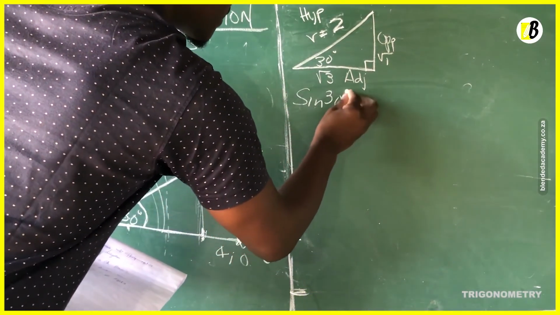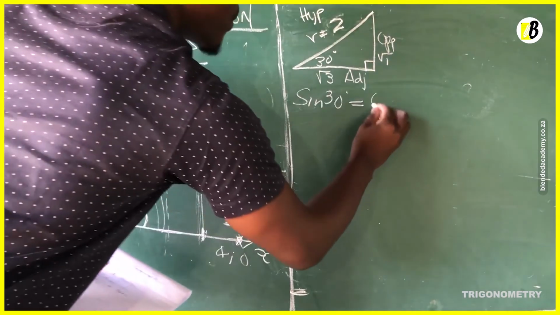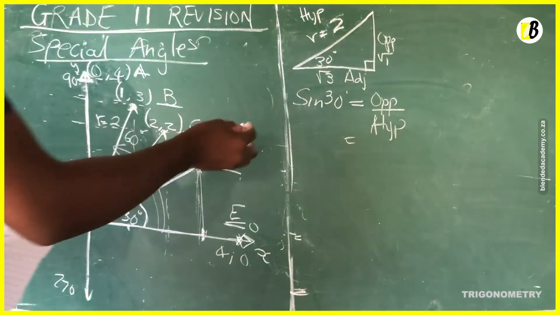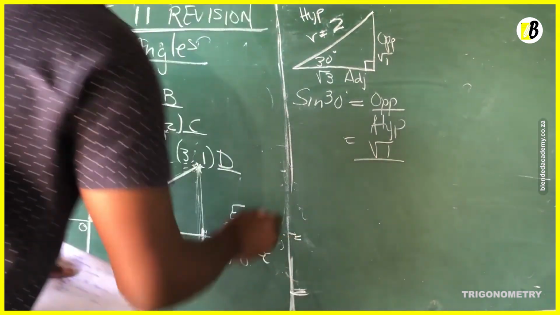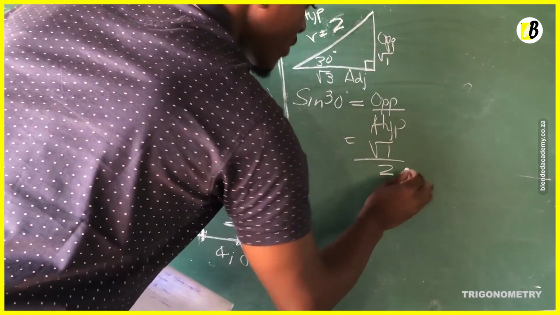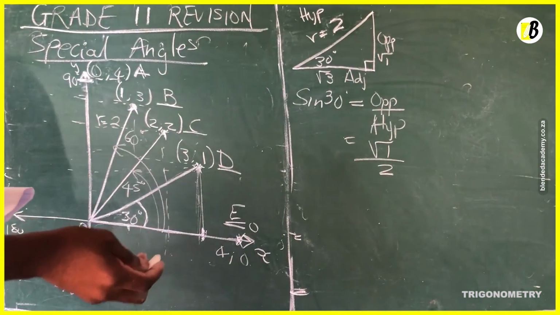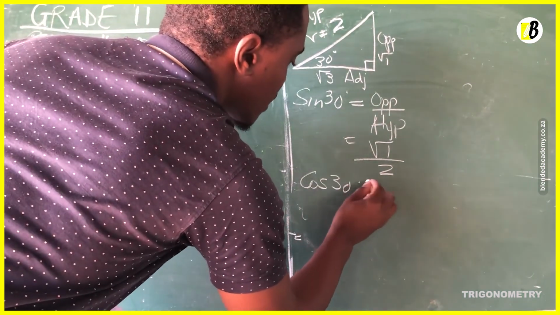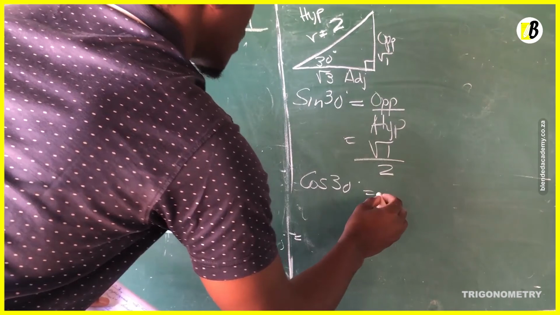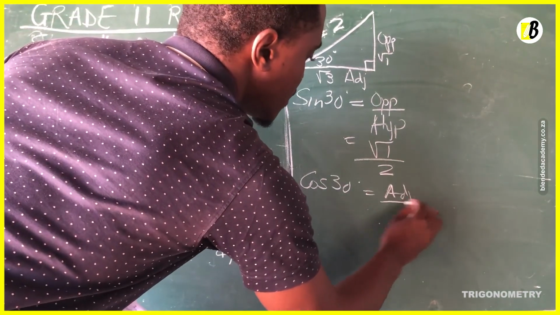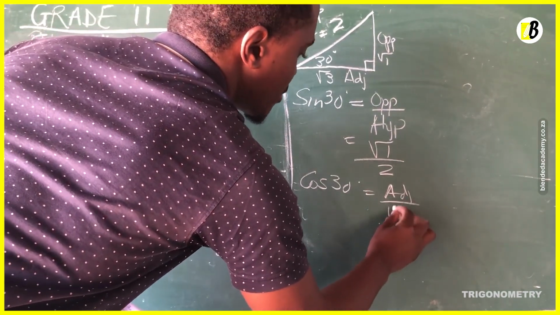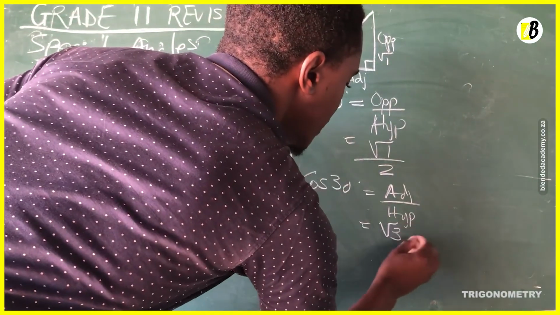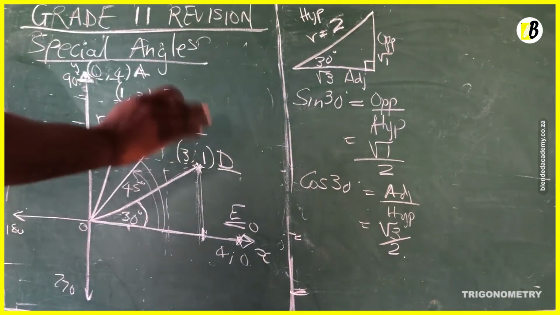Sine 30 degrees will be equal to opposite divided by hypotenuse. Our opposite is square root of 1, divided by the hypotenuse, which is 2. That means square root of 1 divided by 2. That's our sine 30. And cos 30 will be equal to adjacent divided by hypotenuse, which is square root of 3 divided by 2. That's how we simplify